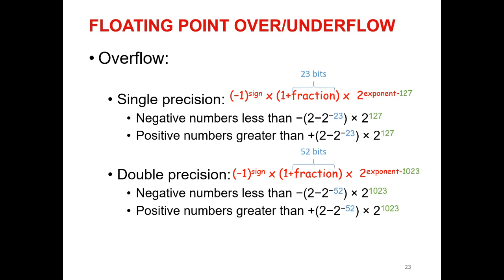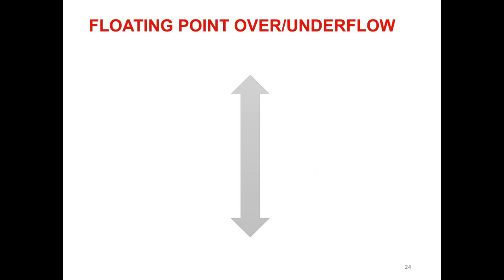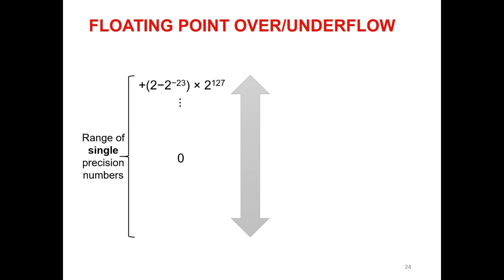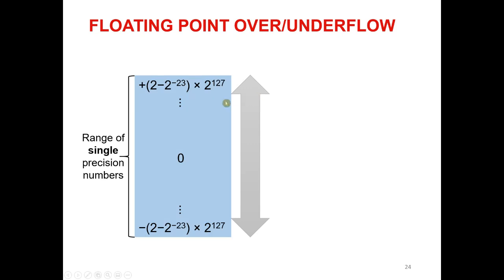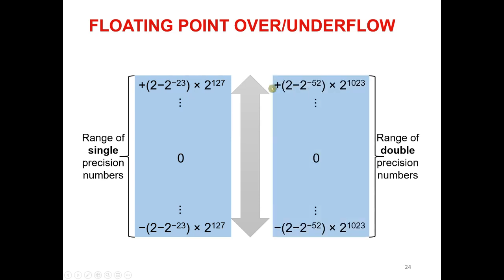Okay, so now let's see the next thing. The previous was for overflow, which I think is clear, but now we are going to see something new, which is underflow. We have mentioned that the range for the single precision numbers was this one and this one, the larger number and the smaller one. And for the double precision numbers, we similarly have this largest number and this smallest one. But here in between is where underflow happens.